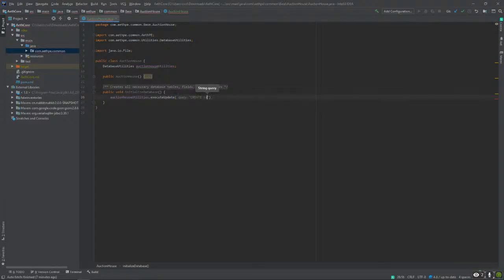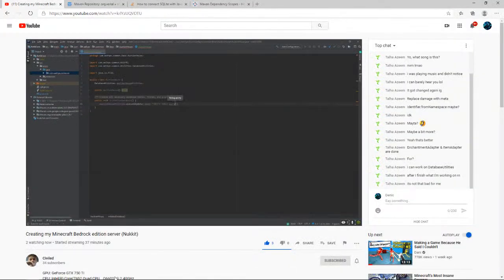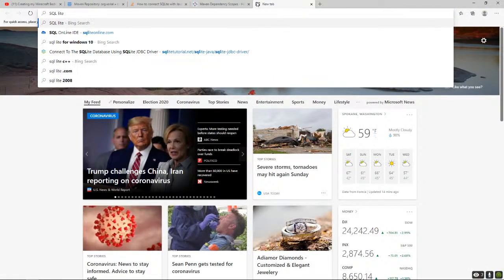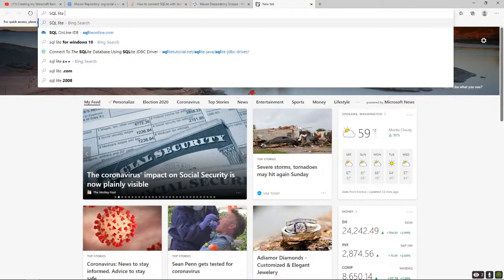Create table, and then I need these, I believe. Wait, no, I don't. Create table auctions if not exists. I'm gonna just check if that works real quick. SQLite, yeah, SQLiteonline.com.